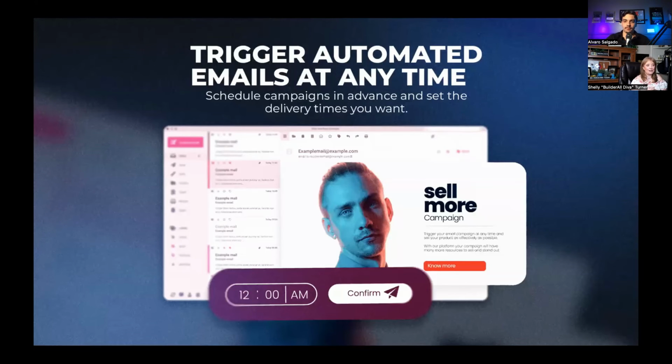We also have triggered automated emails. So this is one of the coolest features of MailingBoss, and one of the reasons that it just kind of puts us on the map. And that's because you have the ability to sort, sift, separate, customize, and automate how those emails go out to your clients. And to do that, you have this feature called tags. And you can tag your people that come in, and then based on those tags, you can send them very special emails. So let's talk about what that means.